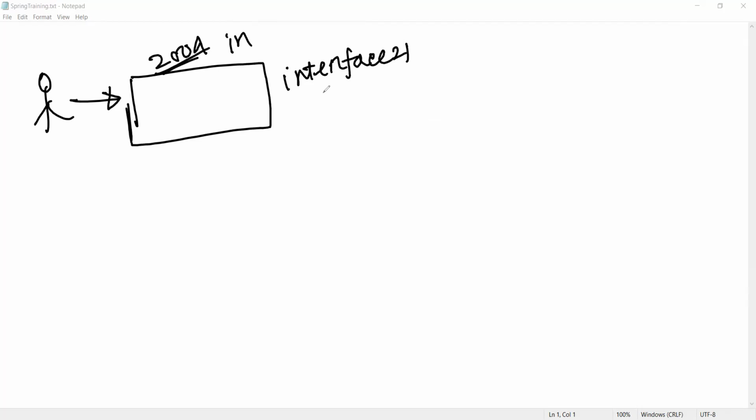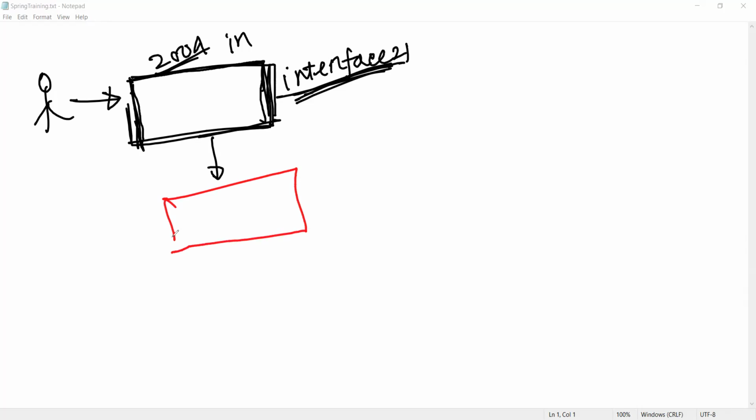Why? For teaching purposes, training purposes, supporting purposes, commercial purposes, mainly for developing and updating this. He created this company, not a project, and the name is Interface 21. Later, Spring became popular, so simply he changed the name of the company also.